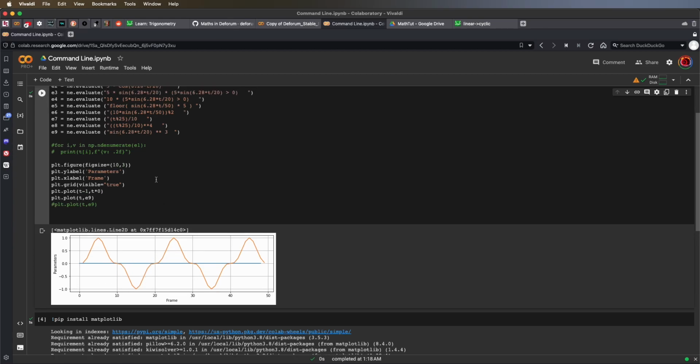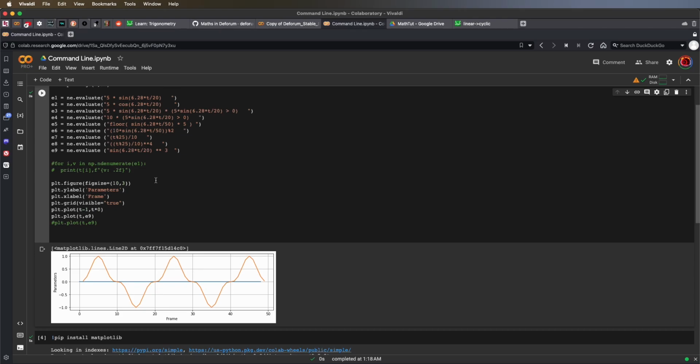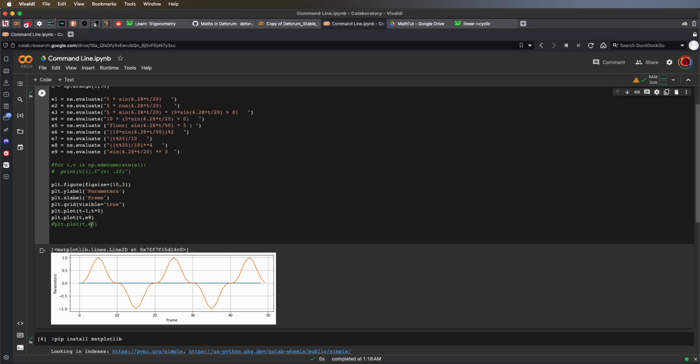Let's compare that against our original sine function, E1. And we'll remove the times 5 from that. We can see green is our original sine function, and orange is our sine function cubed,